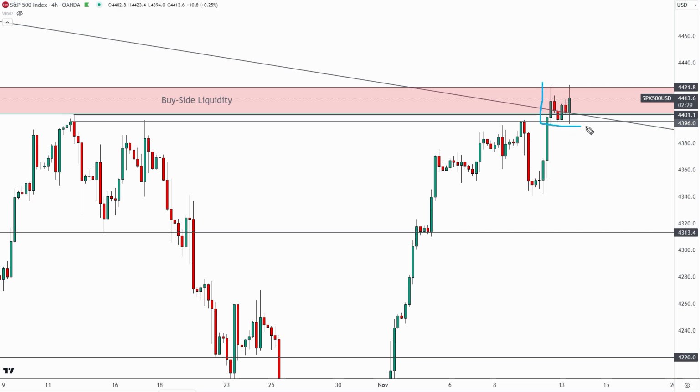So this right up here is going to determine whether this is the market basing above this area for that next leg higher up toward that candle I just mentioned, or if we are going to get a fake out, a close back below this area for a short setup. Now, the way that's going to look is following inflation data. Remember, we do have volatility coming up here over the next few days. So if we were to get, following that inflation data, consolidation up here into that data, and then a 4-hour close back below this, especially a daily close back below, this area becomes resistance,